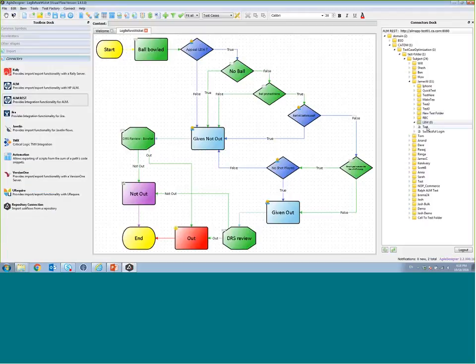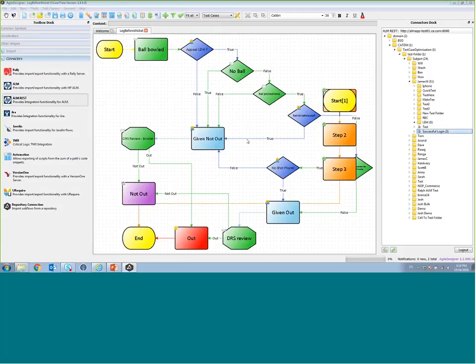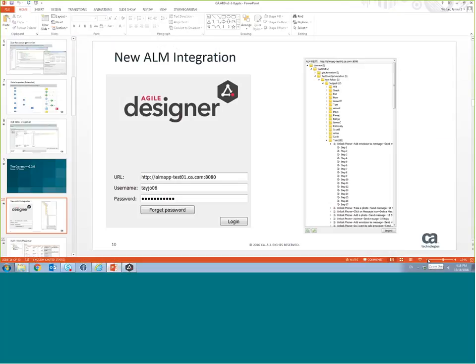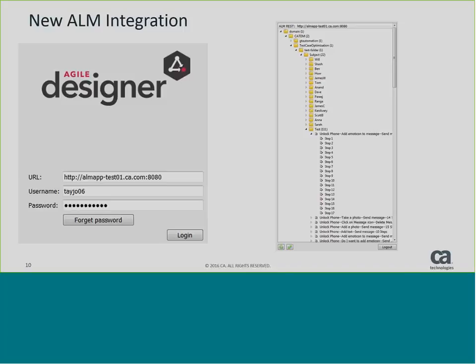Now, just like the other integrations, I can select test cases to drag and drop onto the scene to import them. And I could do multiple test cases at a time as well, which is obviously similar to the JIRA functionality. Okay, so that's ALM. We've got our full import, export, and synchronized functionality inside there, which is in a